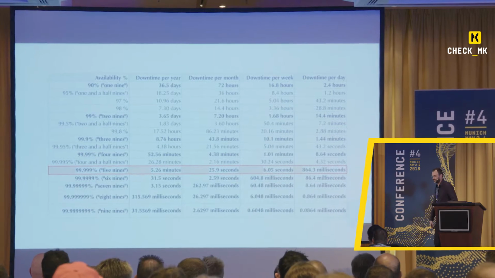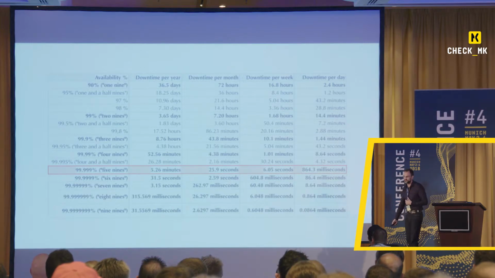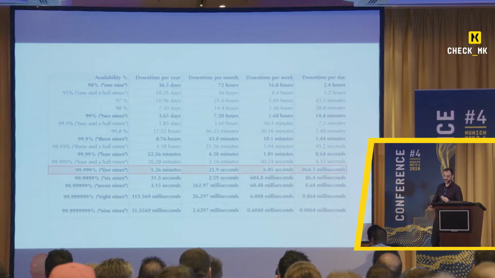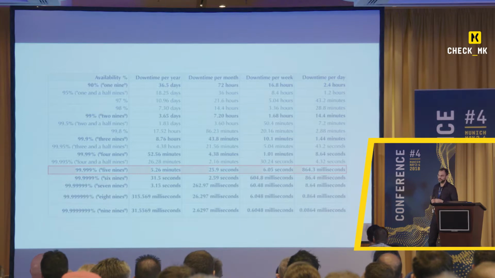I get shivers when I look at this table because all of the projects in IT all of a sudden need the 5 nines, which gives you very little downtime to play with. That's 5 minutes per year. There's not much you can do in that 5 minutes per year. So the first step that you need to decide when you are tasked with making CheckMK highly available is, what is your SLA level? SLA levels, or high availability levels in this case, are expressed as a percentage of uptime,